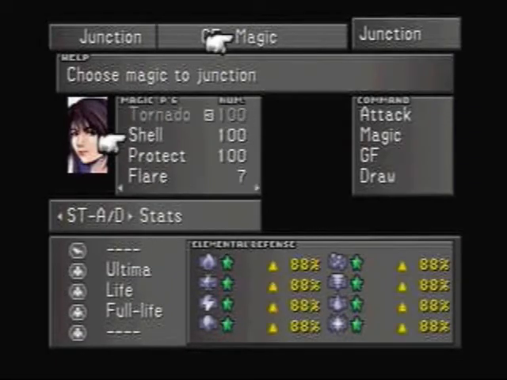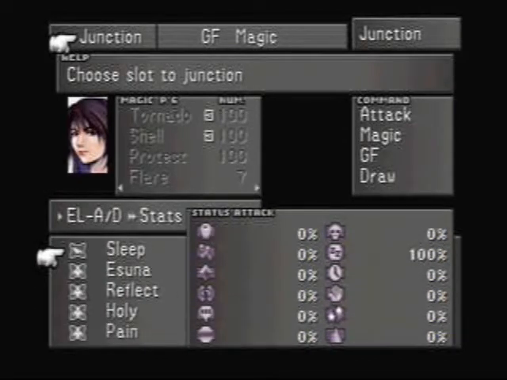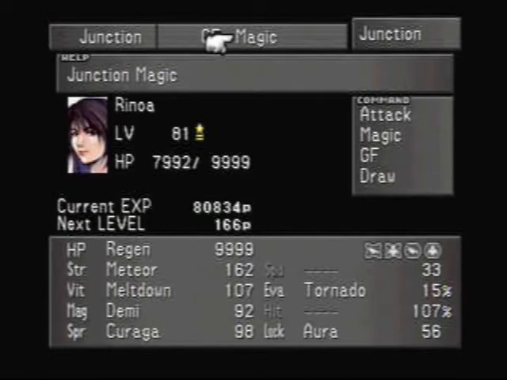Okay, what are we doing? Oh, Shell or Protect? I guess Shell is the one we want. Yeah, that'll do it. Wow, she's better junctioned than our main character. And we don't need to put an element on there. I mean, I don't know exactly what will heal the Omega Weapon, but...